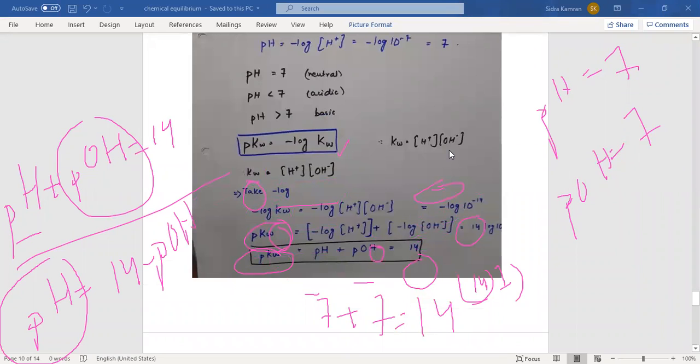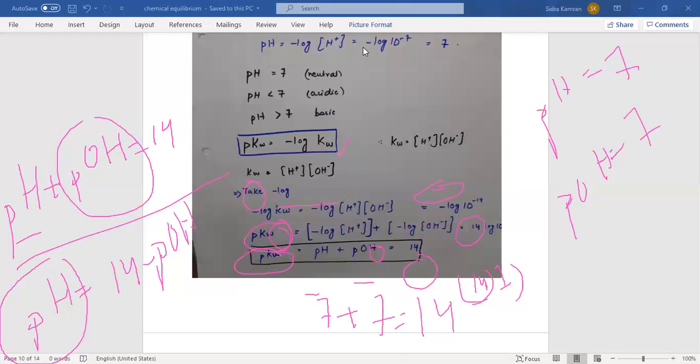In an acid with a greater H positive ion concentration, as we know, when we are adding the acid, the H positive ion concentration will increase. So if the H positive ion concentration is increased, the acid is very, very strong because it dissociates completely into its ions. But the value of,